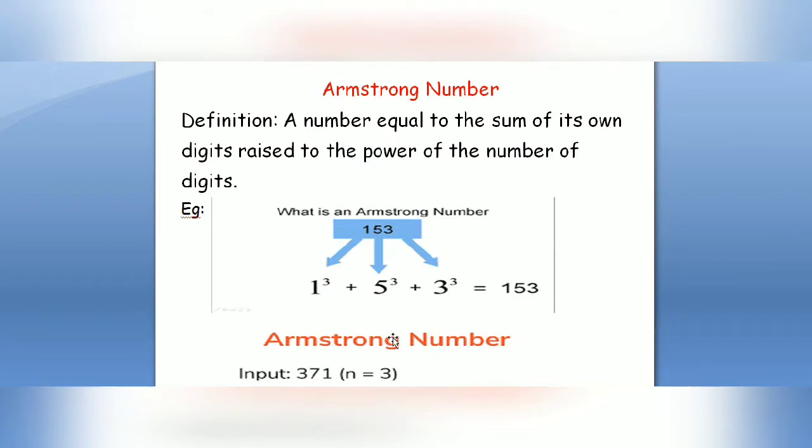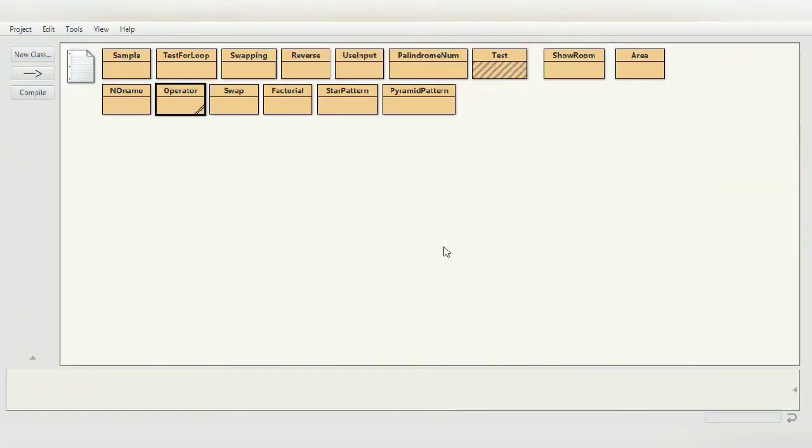Okay, basically let us understand what will be the logic of the program. First of all, we need to find out how many digits there are. We have to take the input from the user and calculate the number of digits, and then we have to raise each digit to the power and find the sum of it. And the last portion will be the checking. If this number is equal to this number, then the number will be Armstrong. Okay, so now let us start with the coding.